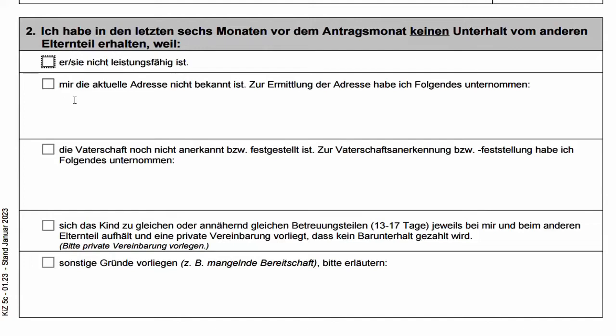If you do not have the address of the other parent of the child, you mark here with a cross. And here you provide information about what you did to find out the address of the other parent of the child. If the paternity of the child has not yet been acknowledged or determined, you mark here with a cross. And here you provide information about what you have undertaken for the acknowledgement or determination of the